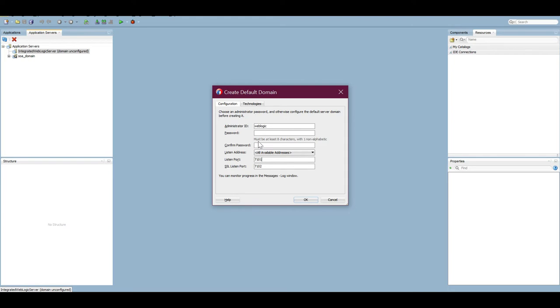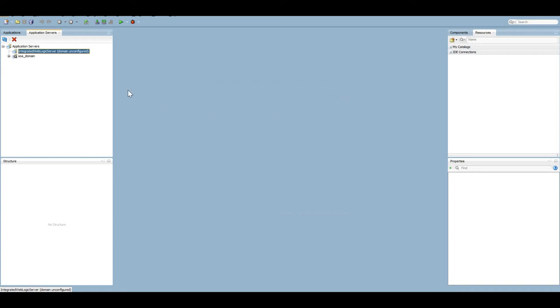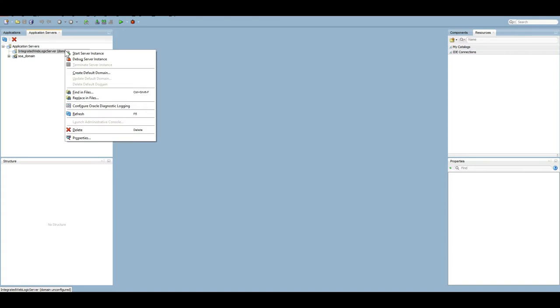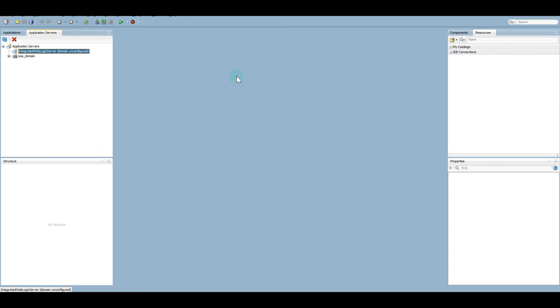Once all this is given, you just need to click on the OK button to get the default domain created. Once it is created, it's so simple. Just click on Start Server Instance to start the server domain, and to stop it you just need to click on Terminate Server Instance. So this is all about the default domain creation.